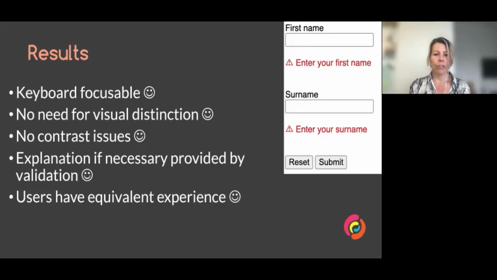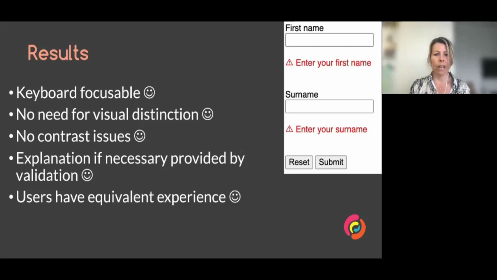The explanation as to why something can't be submitted is provided through validation instead. And what this does is it gives all users an equivalent experience. So they're getting the same experience regardless of their ability or disability.